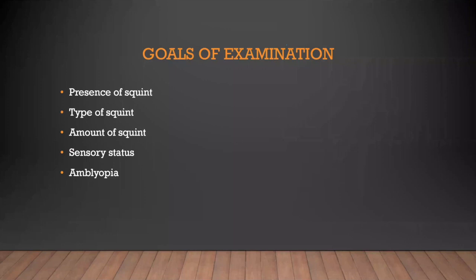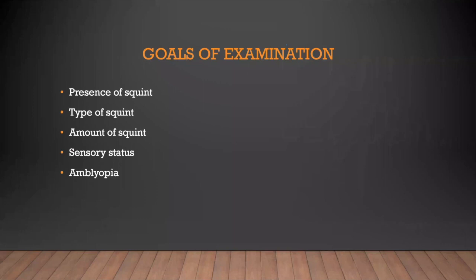The third thing that you want to know in the type is whether it is there all the time, whether it is a uniocular squint, that is only one eye is squinting, or alternating squint, that means both eyes are squinting. So there are three things that we're going to determine at the end of knowing that there is a squint. Which eye, all the time or not all the time, and which direction.